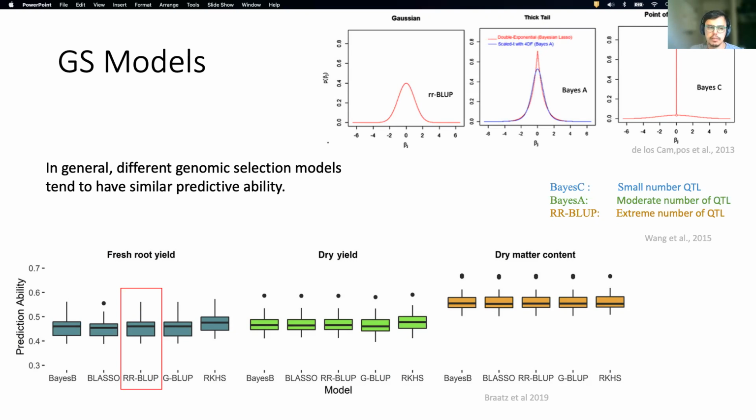I think there is still room to improve the models or the methodologies. And again, in the hands-on section we're going to use RRBLUP, which is basically linear regression between the phenotype and the genotype with a